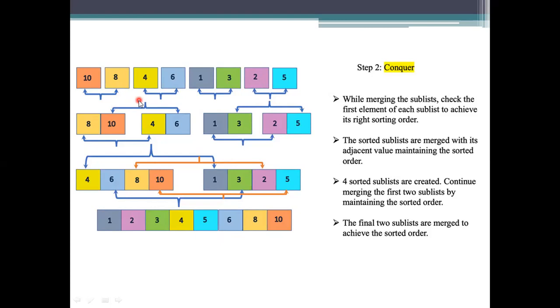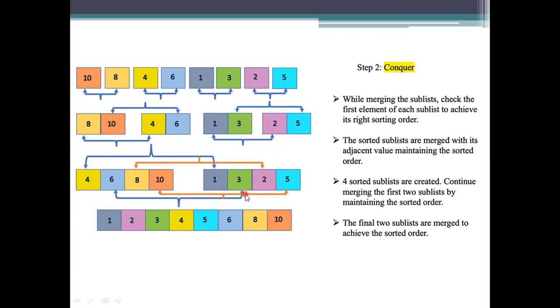Means the remaining subarrays, the remaining sorted lists we have, are taken in sorted order only. Just place these values here. And coming to this one, compare the values with this representation. If this value is less than this one, place the values into this representation.